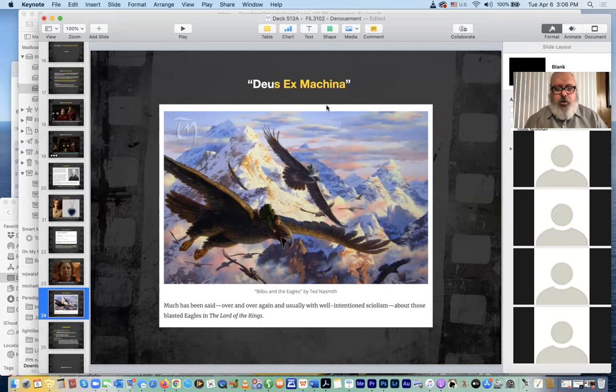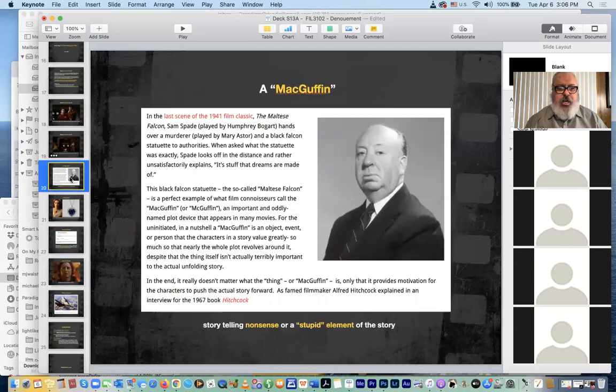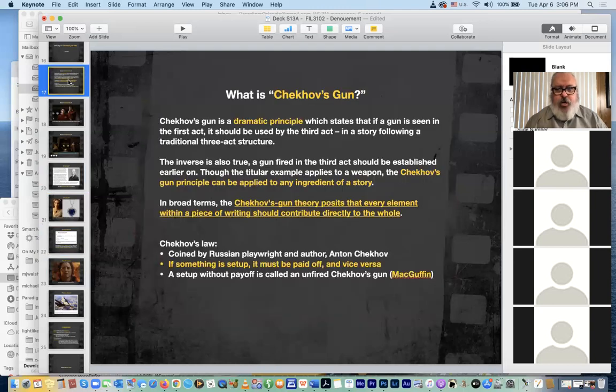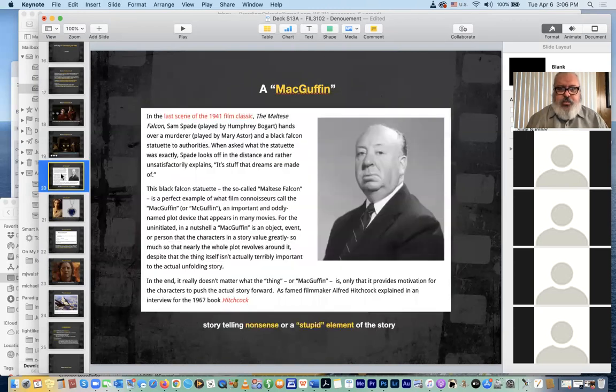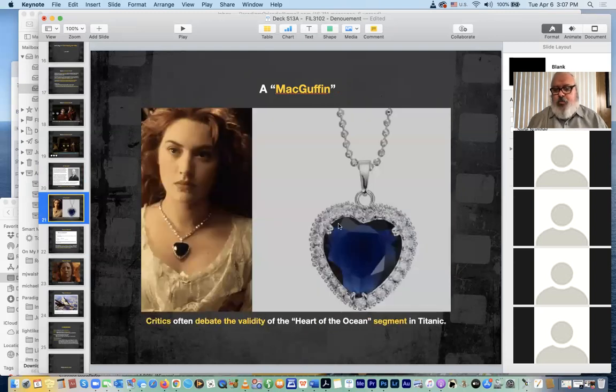So those are three possible problems that you could have with a narrative if you're not being careful, right? Have you given little isolated instances all along to clue your audience into what the final conflict and resolution might be, or what the objectives are? Or are you working against yourself by chasing a story point that's going to end up not contributing effectively or efficiently to your narrative? If so, you should head it off at the pass and don't let it become a heart of the ocean. And don't cheat either.